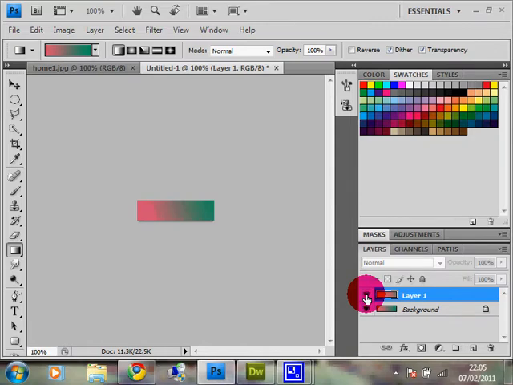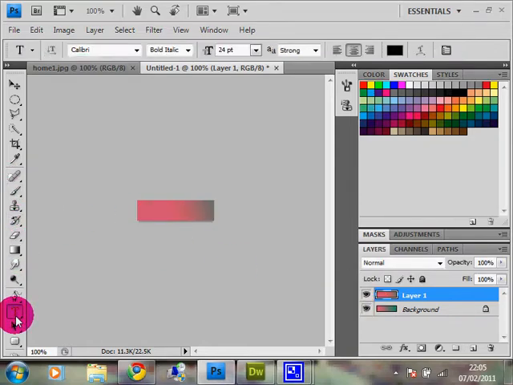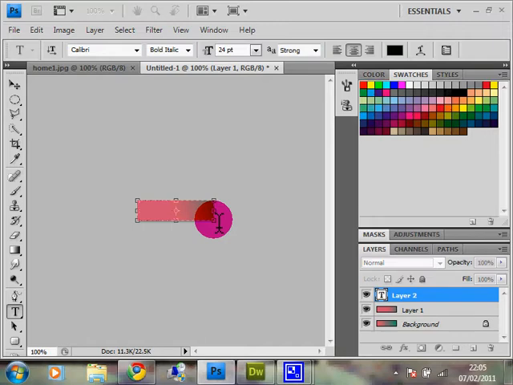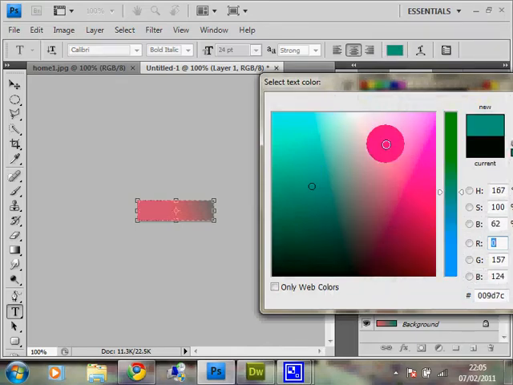Now I'll select the text tool from the Photoshop tool menu and drag it over the button. You can name it anything you want. Just now I'm going to name it Home, and you can change the color by clicking here and selecting any color you want.